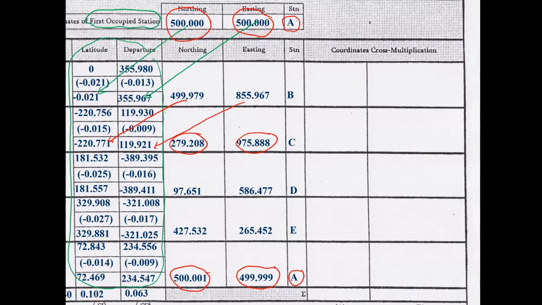So it's not a problem. 1 millimeter is practically just a rounding error. So there's no problem with your calculation, and it's good. If you get more than a few millimeters, then you know that you've done something wrong somewhere. You've got to check your calculation. So when that's done, we're happy with it.